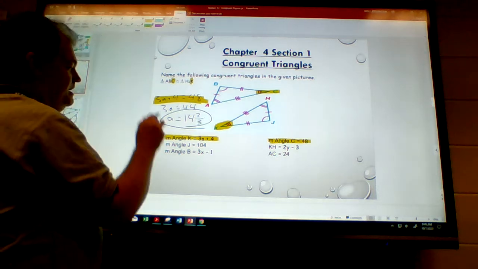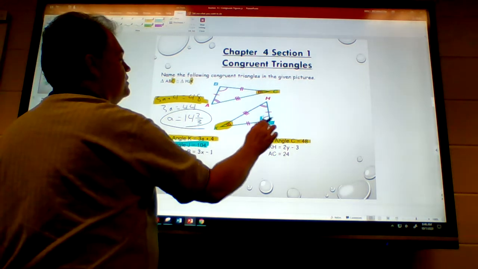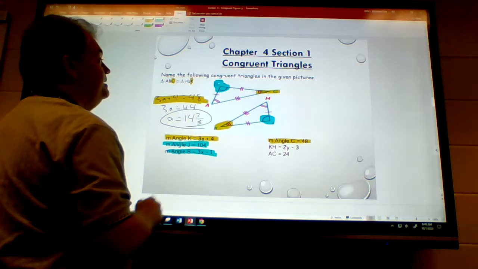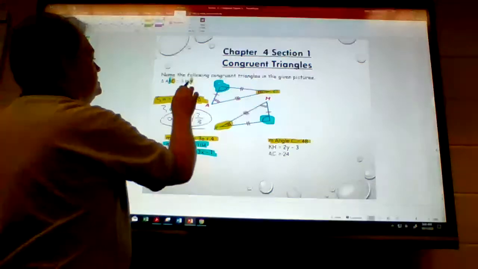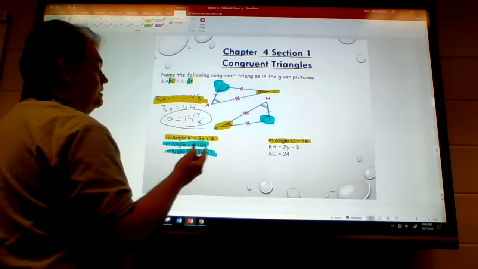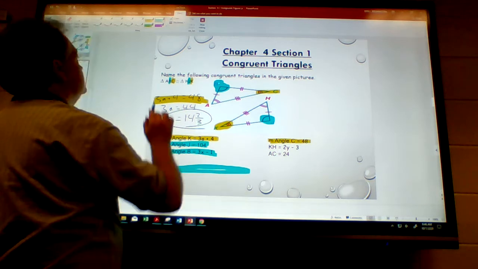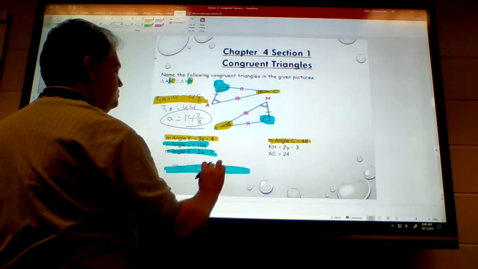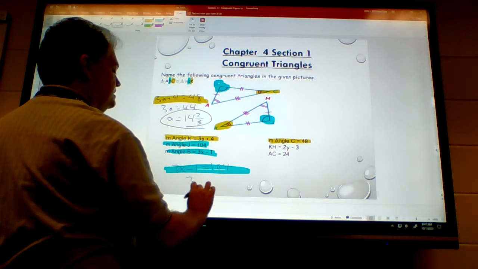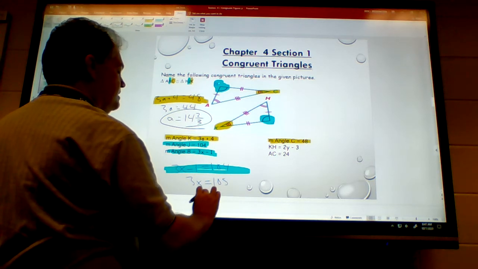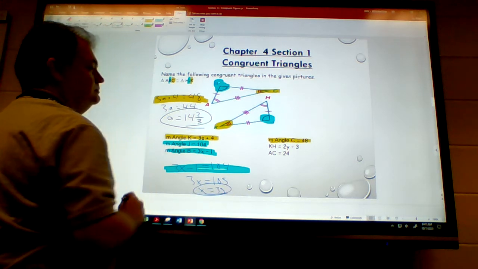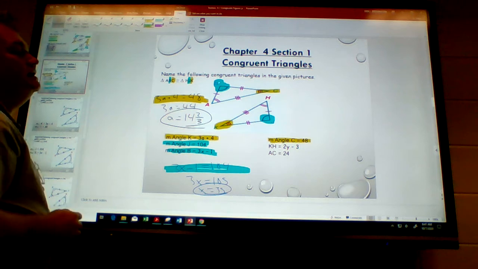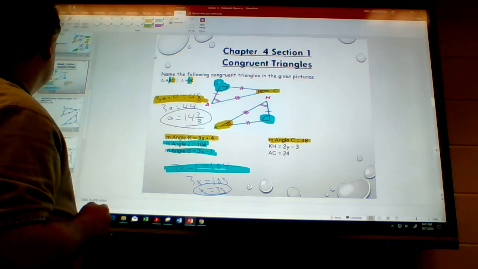Now, angle J, one curve. Angle B, one curve. I have that information right there. Plus, if you look, B is second, J is second in the congruent statement. So there you go. So now I solve. 3x minus 1 equals 104. So 3x equals 105. So x equals 35. All right. Now, the last thing I'm going to go over on this particular problem is as follows,